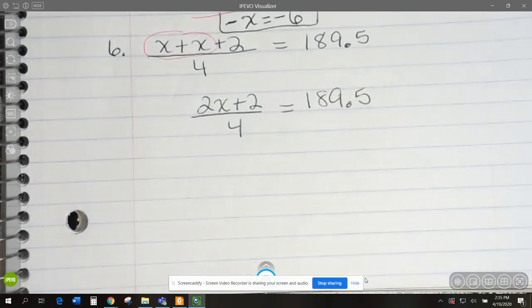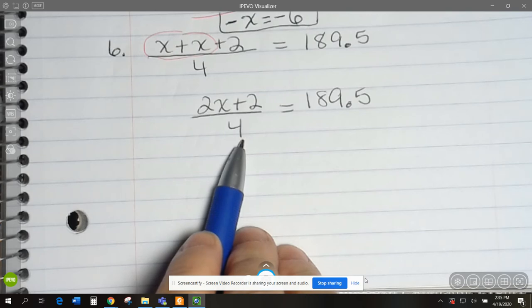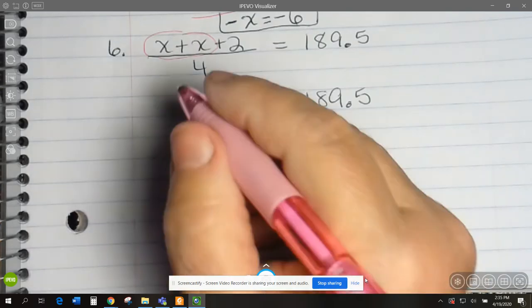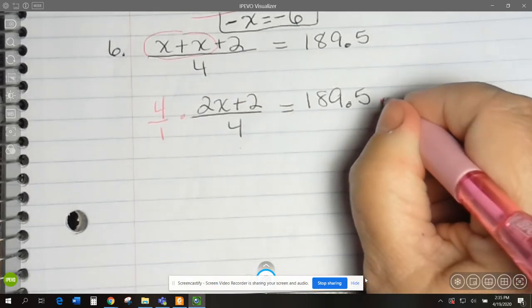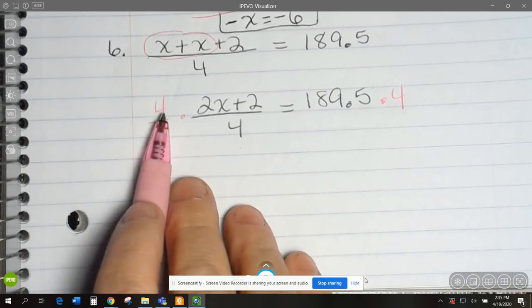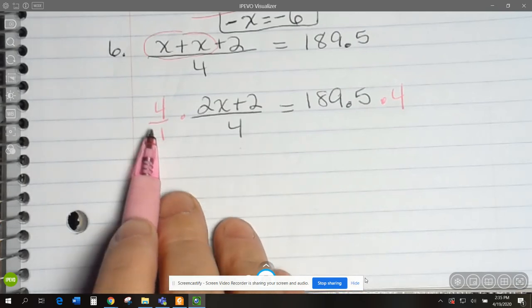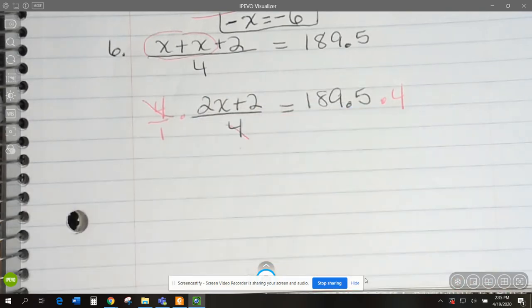Now notice, this is a division problem. How do we get rid of dividing? We can multiply. So we're going to multiply everything by 4, or 4 over 1 if you want, right? And these are going to cross out,